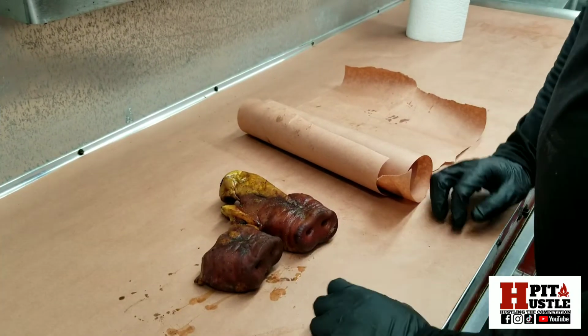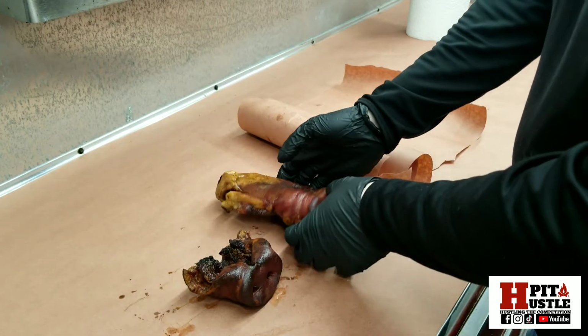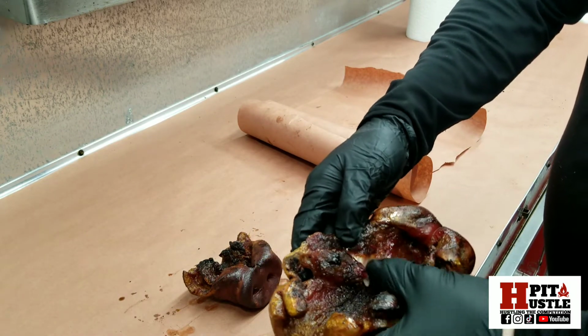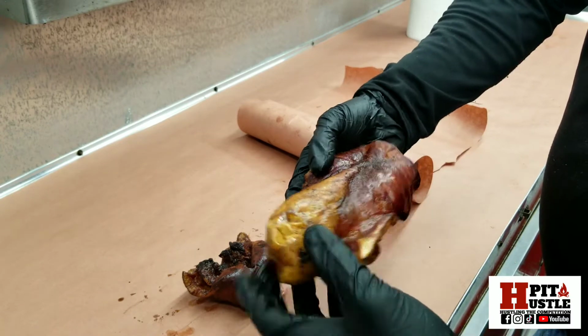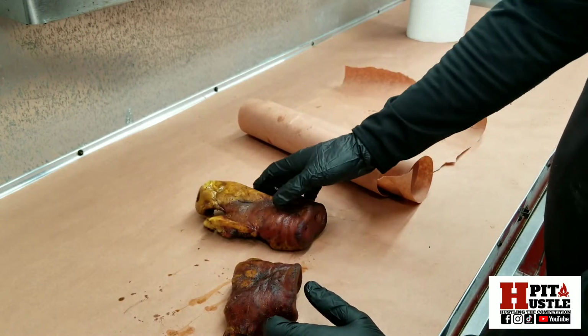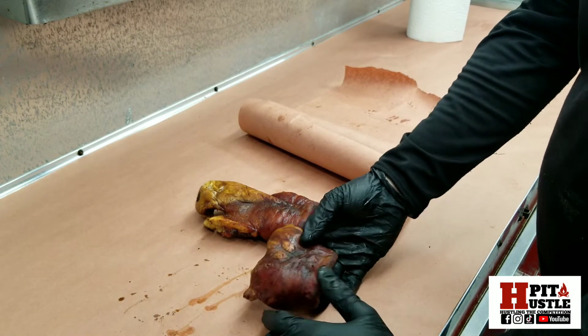Okay, our pig snoots have been on for over 2 hours. We've turned them, and you can see the meat inside starting to break down, starting to caramelize, and the crust is starting to get crunchy. Alright, you can either use a brown paper sack or you can use butcher paper is what I got here today. I'm just going to take these, wrap them up, put them back on the smoker, let them cook